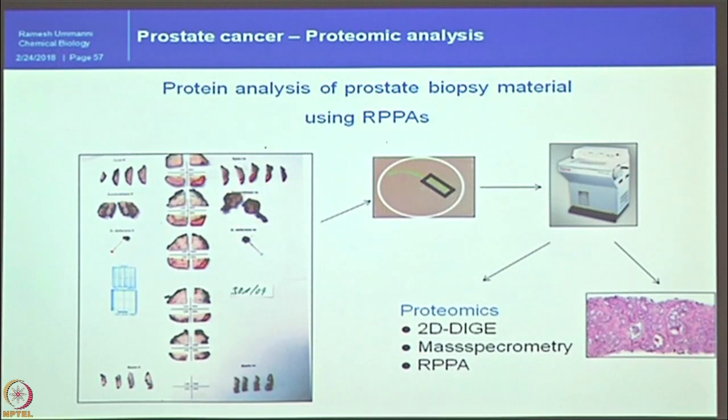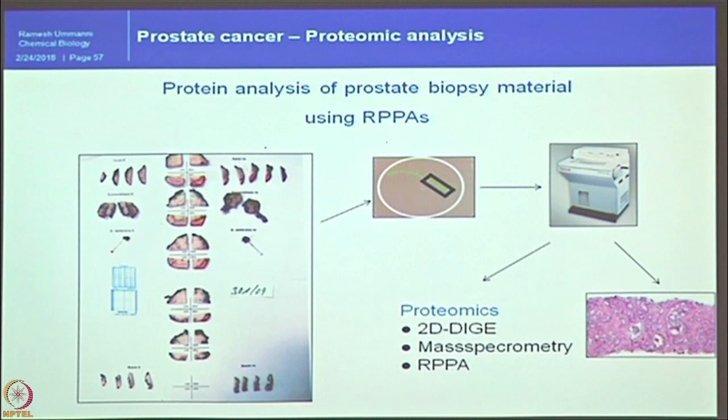One of the studies I did during my postdoc time. We got a patient sample and I sat with the pathologist, did the sectioning and got the protein extracted. Ultimately I ended up with a very small core which can give 50 microgram of sample with a real tumor cell population. With 50 microgram of sample, I should identify the differentially expressed proteins, validate them, show the proof that they are really differentially expressed, and then write a paper and publish to get my PhD. Okay. So, that was challenging, but here we did a traditional 2D gel.